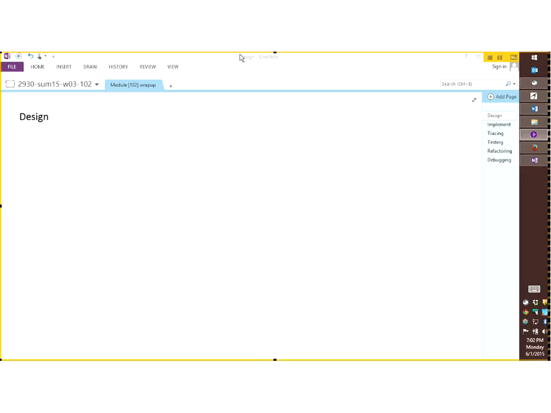Okay, remember we identified that what people refer to as the one programming skill generally can be broken down into different things like tracing code, implementing code, testing, refactoring, debugging, and designing. I don't know if I already mentioned implementing. So all of those skills are different things that you need to learn. So it's good to isolate them. It's good to identify them. So what I'm going to try to do in those wrap-up sessions is connect everything that you are learning during the week to each of those individual skills.